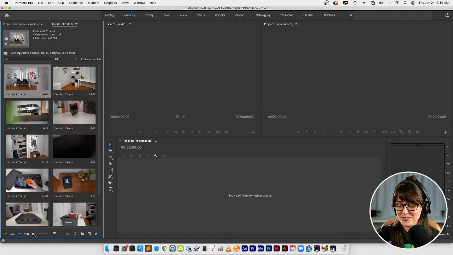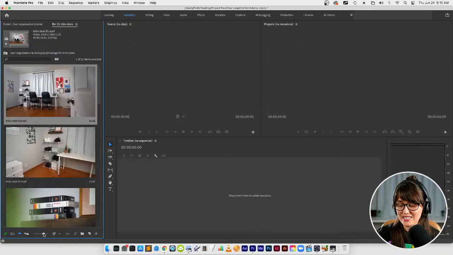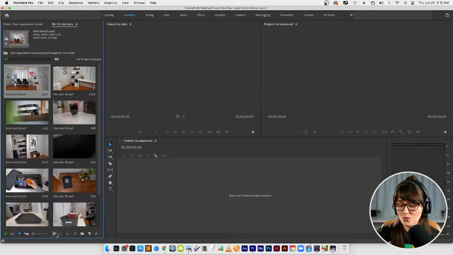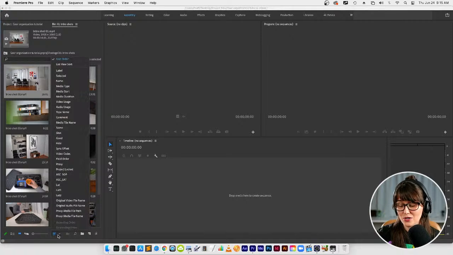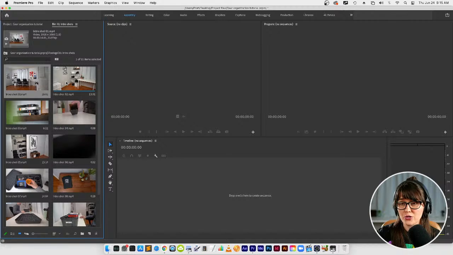Okay, we can also use the slider here to increase the size of our icons, or we can use this menu here, this little icon, and we can sort our media by any attribute. So anything you can think of. In our case, we're gonna go to name and just sort them in order by name. All right, so now,